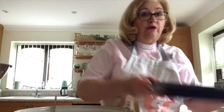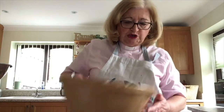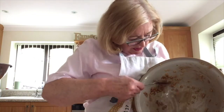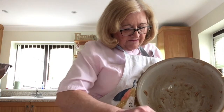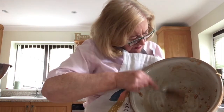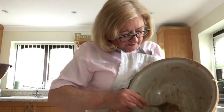Now remember, at the beginning we prepared our tin. Well, now what we've got to do is we've got to put all our crispy cake into our tin, and it'll fit quite nicely into your tin. Make sure you get all of your Krispies out of the bowl